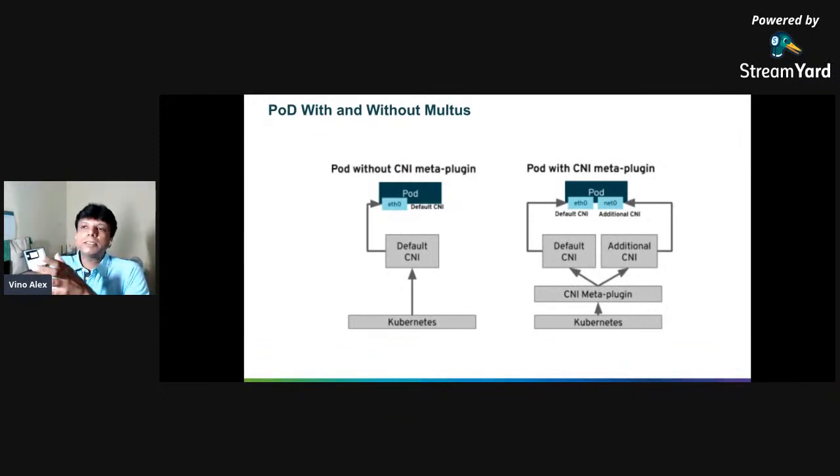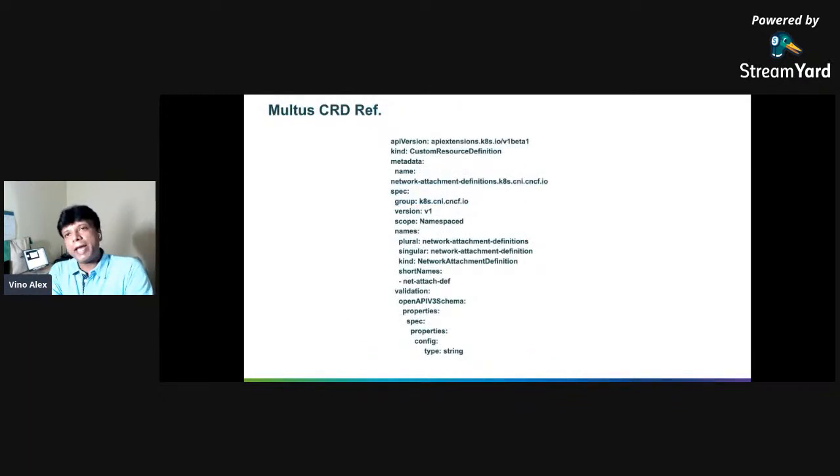When you think about Multus, you have to understand that Multus itself is not a CNI. Multus is typically called a meta CNI. So Multus will leverage some of the CNI plugins to do its job. You have to enable Multus, you have to create a custom resource definition, and then you have to do some Multus configuration in your CNI config file. Once it is done, you are good to go.